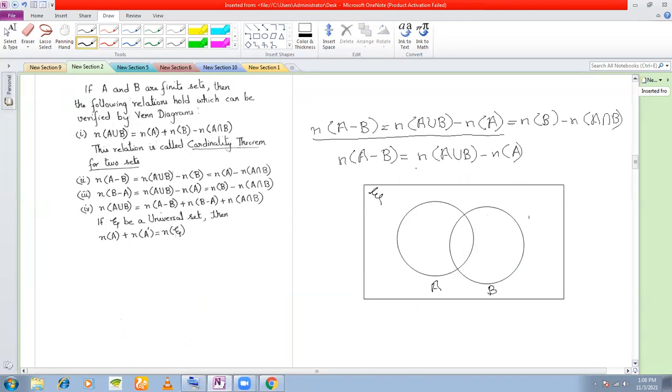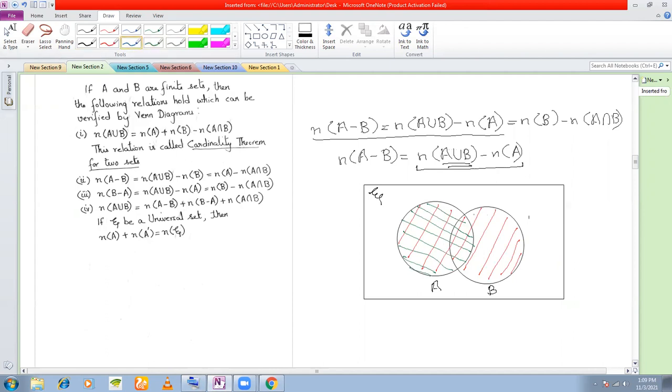Now look at the left hand side. Look at this part. A union B is what part? The shaded circle within the two circles. Everything. Common part, uncommon part, everything. Right? This is A union B. From this, I want to remove all the elements of A. So if I want to remove all the elements of A, which part do I want to remove? I want to remove this circle. So what am I left with?